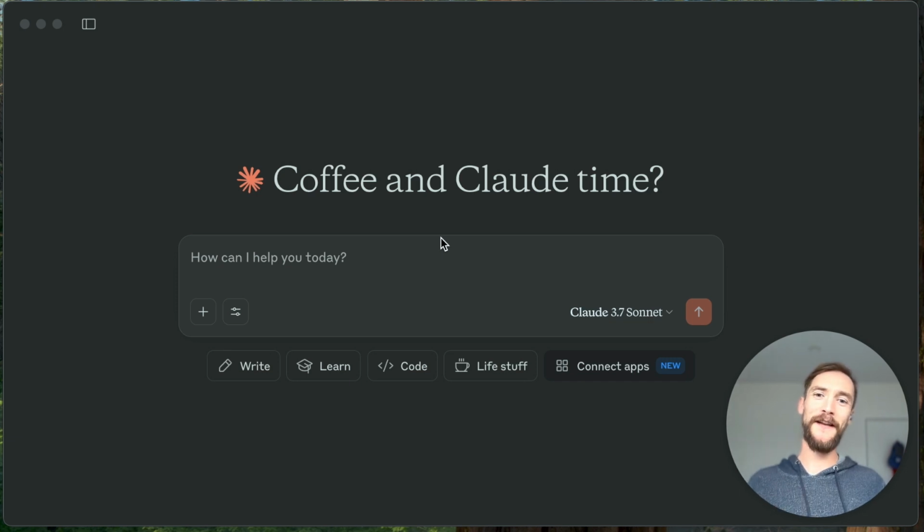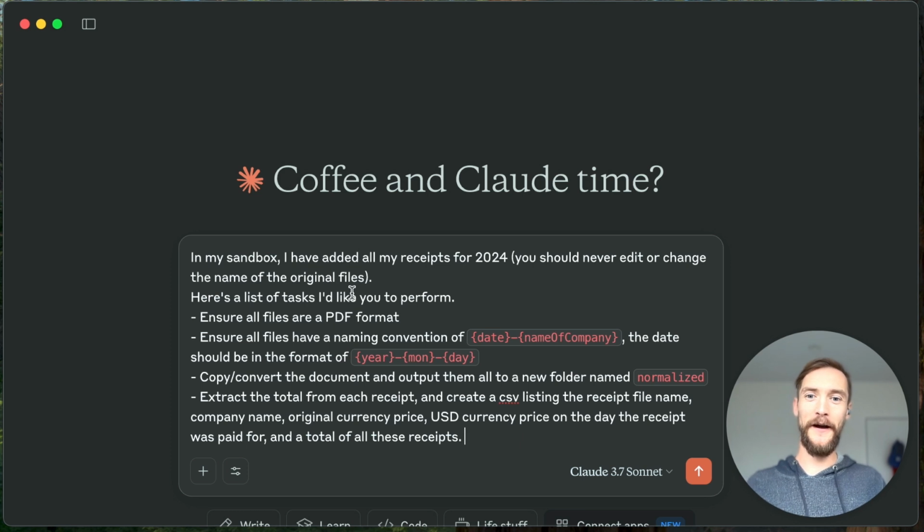So in tax filing season, you always need to do some type of document manipulation, whether that's conversions from one thing to another or extraction of information from receipts, from invoices, etc. I have to do the same thing. It takes up so much time and it's kind of frustrating. So I thought I'd show a quick example, even though I'm a month late, of what I would like to